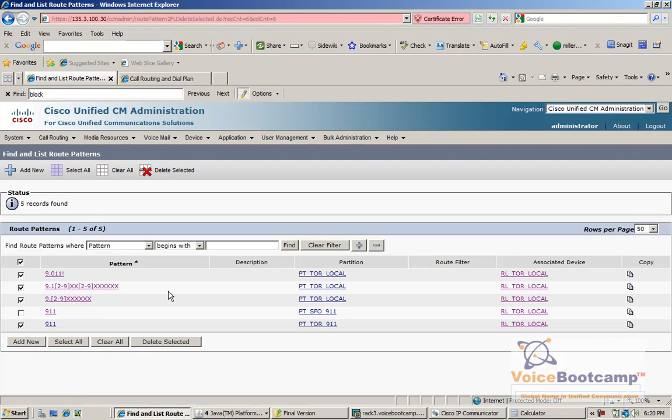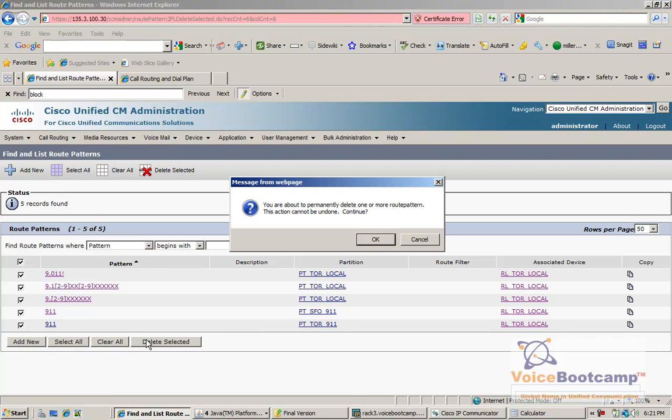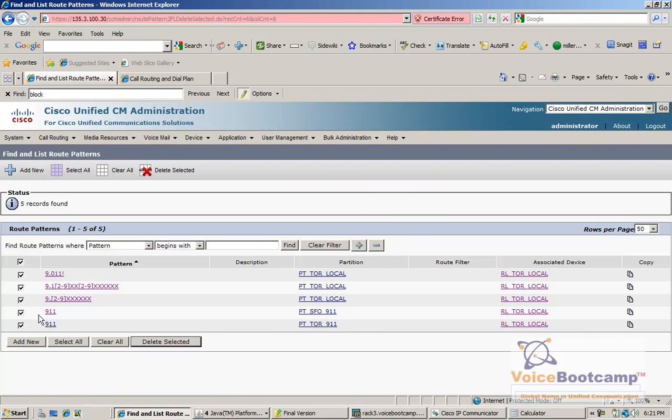Now obviously that dial plan was becoming hard to manage, because how do you find things in the 1900 route patterns? Well, if I were to take a look at the last two route pattern, which is 911, I have two dial plan, one for Toronto, one for SFO. Using local route group, I only need one for each pattern type. So this is the significance of local route group. So I will delete all my route pattern for now. Actually, I won't delete it. I'll delete that one of the 911,